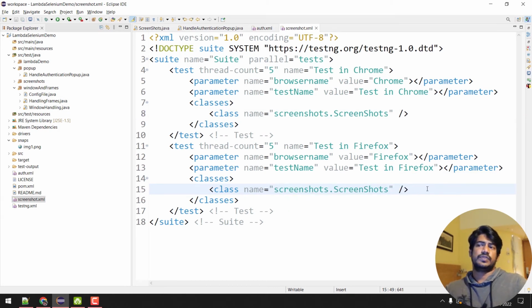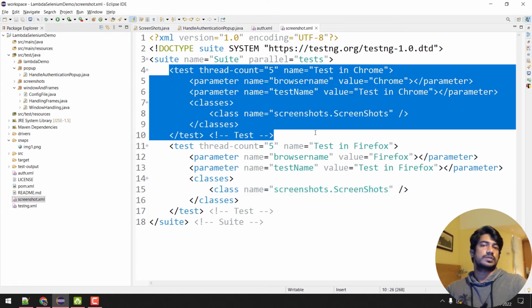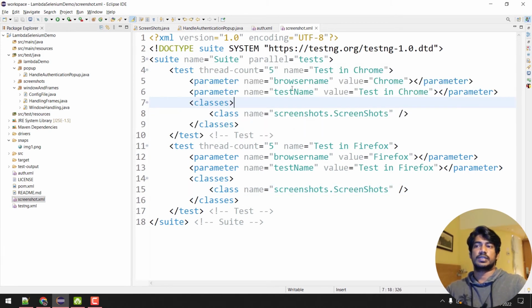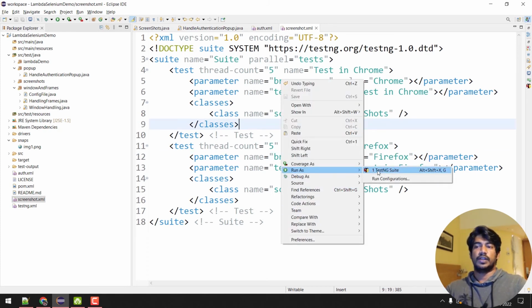Okay, and of course we are going to do parallel testing, and the cross browser testing concept is also there. So if you see here, we have two test blocks. The first test block has a test name like test in Chrome, and the second one is like test in Firefox. Of course the browser name is going to be Chrome first and then Firefox. Okay, so let's go and run this XML file,